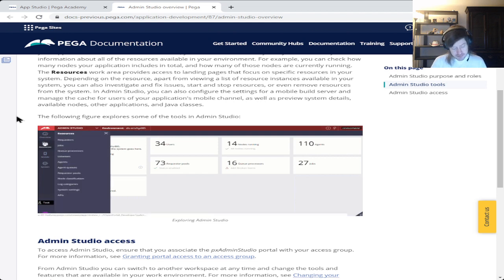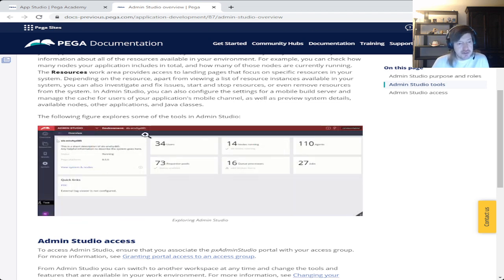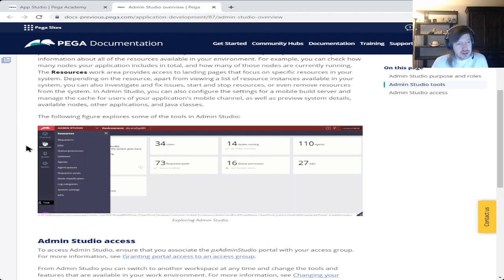And they're showing a slight view of what's available. You have the overview page. They're showing you the resources available, the mobile settings, and the overall system settings. So,